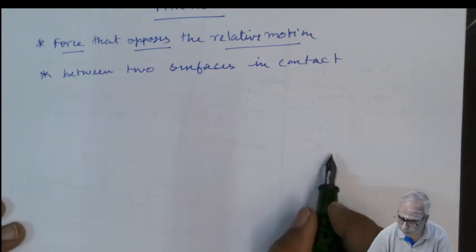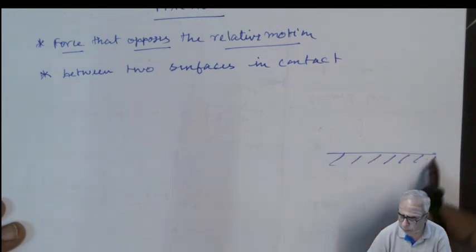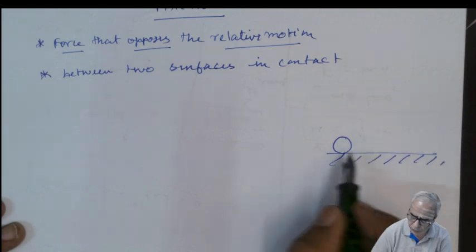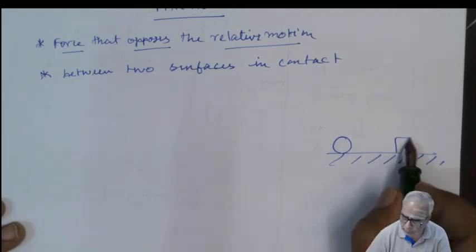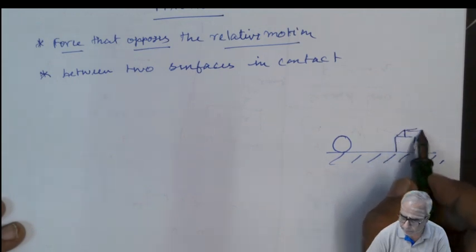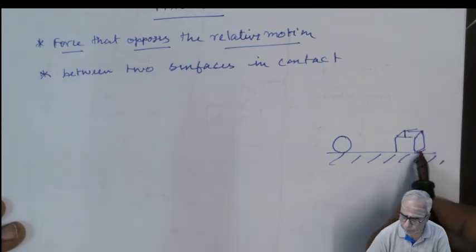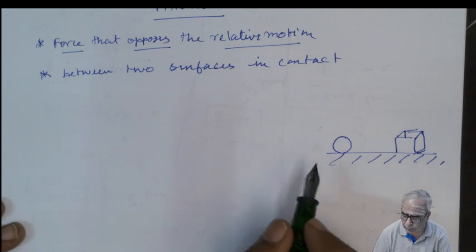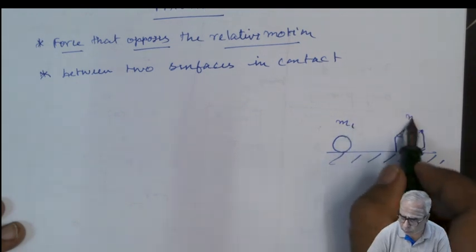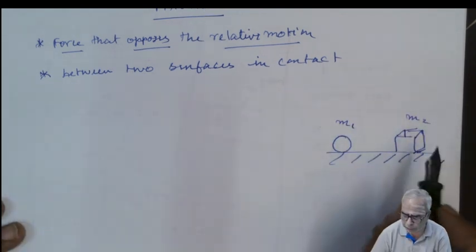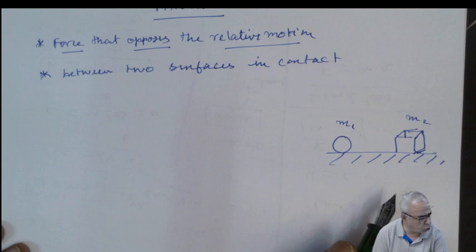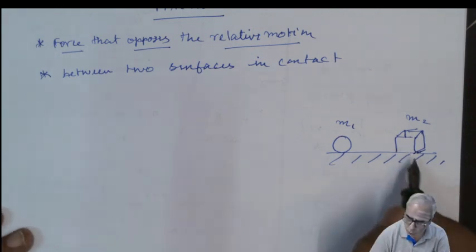Let us consider a plane surface. I have kept a sphere like this and a cube like this. Now, you know very well in which case, based on the shape, the friction is more. Let me consider this is object 1 with mass M1 and object 2 with mass M2. Anyone? M1 or M2? M2. Here the friction is more